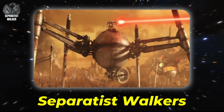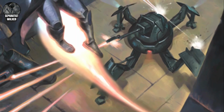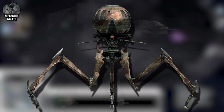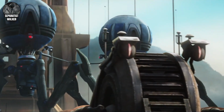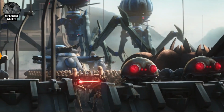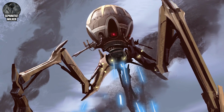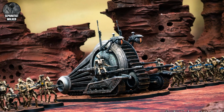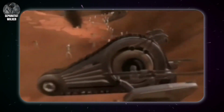Separatist walkers. Across the war, the Separatists fielded their own terrifying walker variants, machine-driven, alien-looking, and mass-produced. The Octoptera Tridroid stood tall on 3 long legs, rotating its head to unleash laser or chemical death in 360 degrees. On worlds like Mygeeto and Felucia, these droids towered above the battlefield, acting as both mobile turrets and psychological weapons. Then came the NRN-99 Persuader-class droid tank, a hybrid of treads and stabilizing legs that could mow through Republic